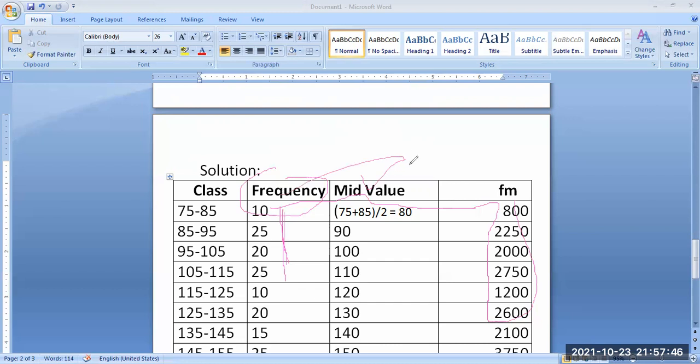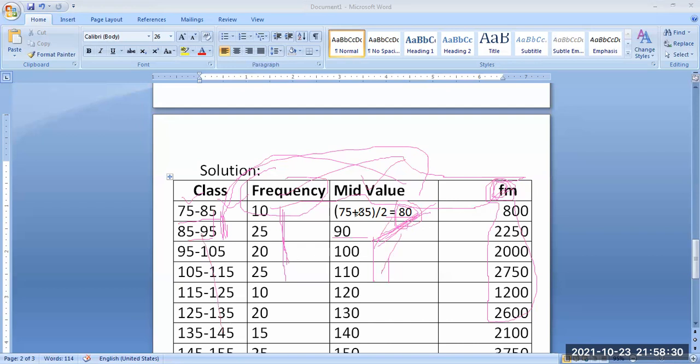F value, we already know, will be given in the problem. Otherwise, if cumulative frequencies are there, we will convert. Then mid values, you know it: lower class limit plus upper class limit by 2. So 75 plus 85 by 2 will give us 80. Similarly, 85 plus 95 by 2 will give us 90. If the same difference is there, it will be there in mid points or mid values. Here 10-10 difference is there, automatically 10-10 difference will come. If you calculate perfectly, you can go on adding 10 or 5 as the case may be.